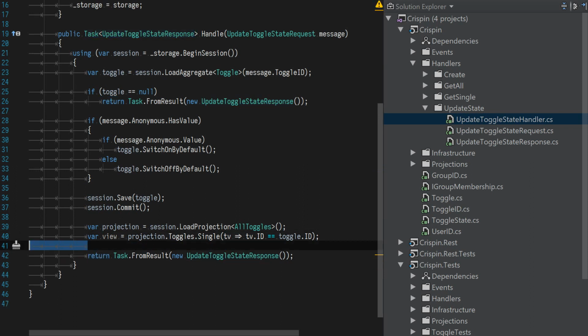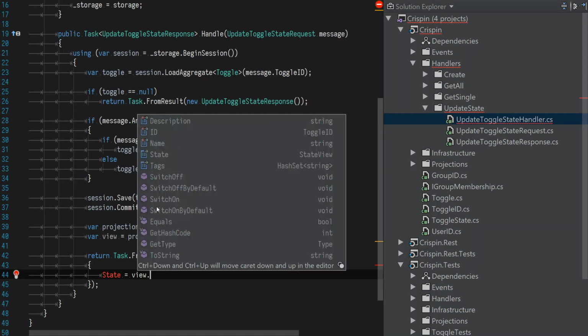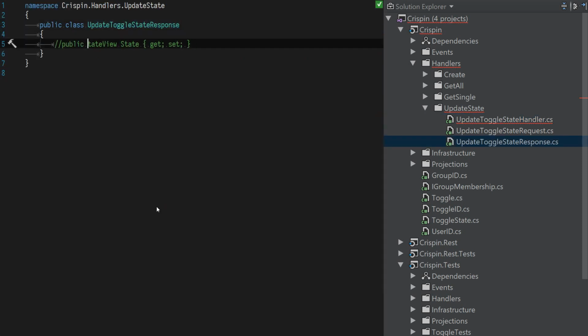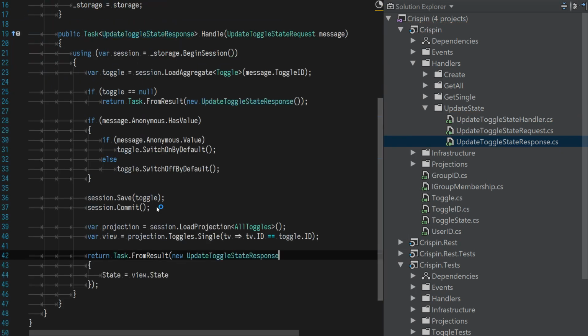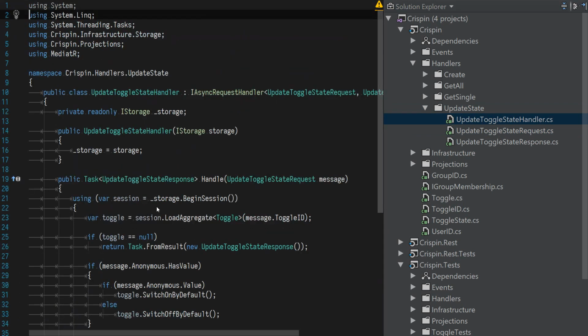Now that we have the view, we can now do this and say state equals view state. And if we go into this class, just uncomment that. And now we'll get the state back from here. So if we find our test for this, which is that,